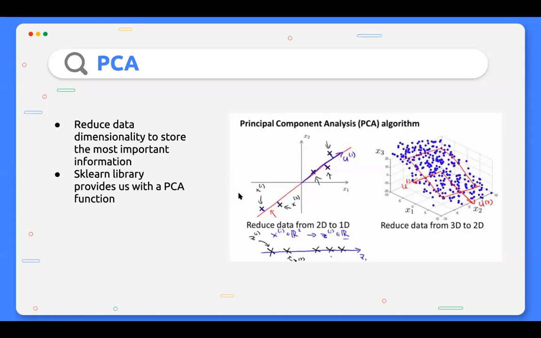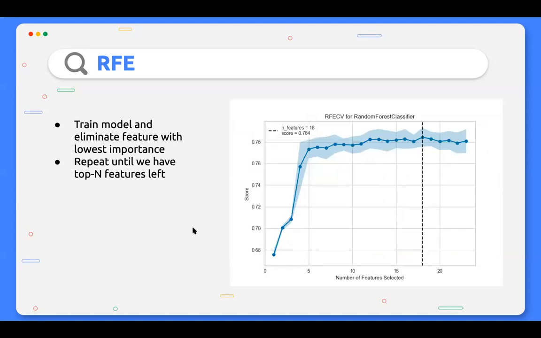And also this is good for the computation speed just because we're working with less data. And then the last